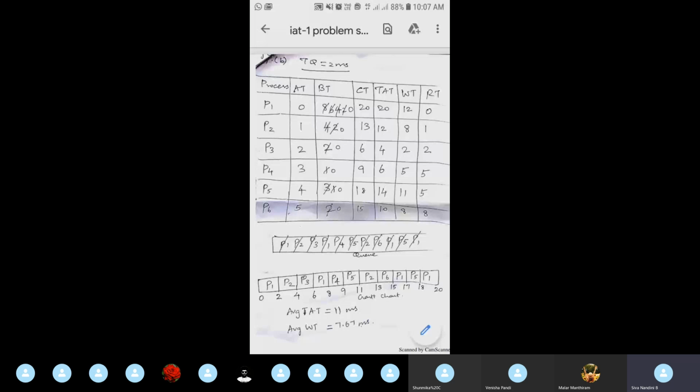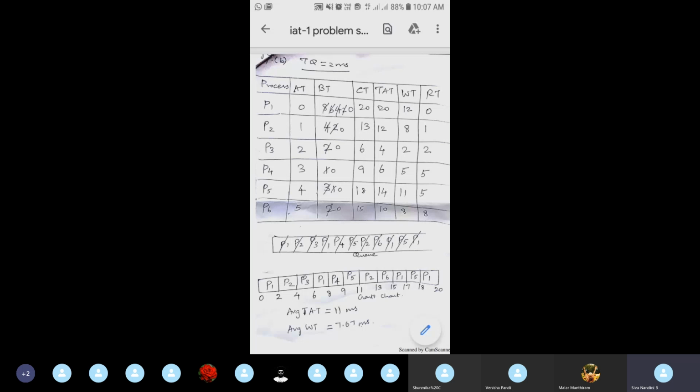Next, if you see, P1 has completed only 2 millisecond of its burst time, so it will have 6 millisecond remaining to execute. So after P2 and P3 in the queue, we need to add P1 in the queue. In this way, in the Gantt chart, we next give the process P2.